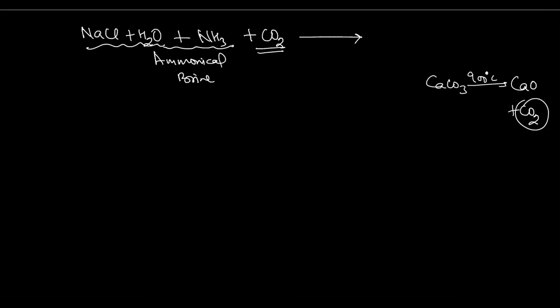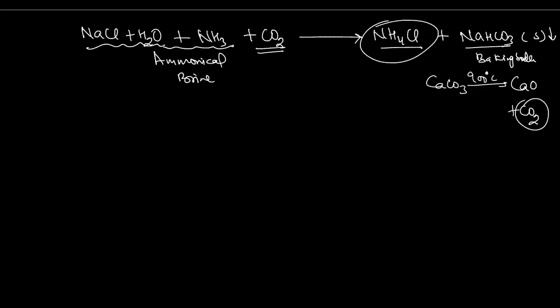So when this ammonical brine is added to this carbon dioxide, it will give you ammonium chloride, NH4Cl, and sodium hydrogen carbonate. This is the baking soda, and this is solid. We get it in the form of a white precipitate. हम लोग को ये नीचे बैठा हुआ मिल जाएगा, we can easily recover this one by simple filtration method. फिल्टर कीजिएगा, अमोनियम क्लोराइड फिल्टर पेपर से बाहर हो जाएगा और ये आपको फिल्ट्रेशन में बच जाएगा.